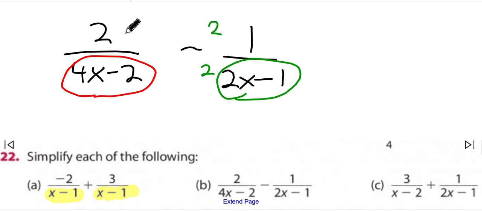Actually, oddly enough, you could half the first one. You're not wrong, because it's even top and bottom. But I'd be more inclined to multiply the second one by 2 top and bottom. And what happens here? 2 over 4x minus 2 take away 2 over